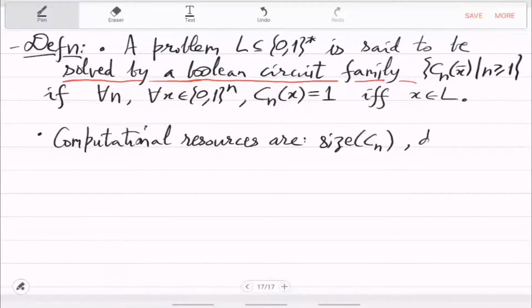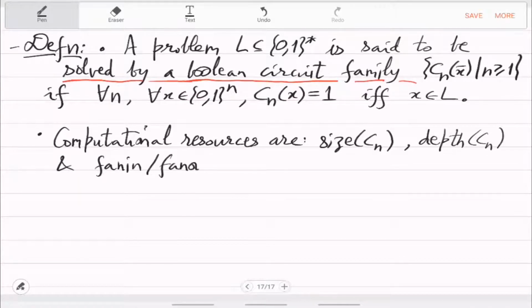Similarly depth, and fan-in, fan-out of these circuits. These are the computational resources based on which you can now define a complexity class. So we will define the complexity classes next,